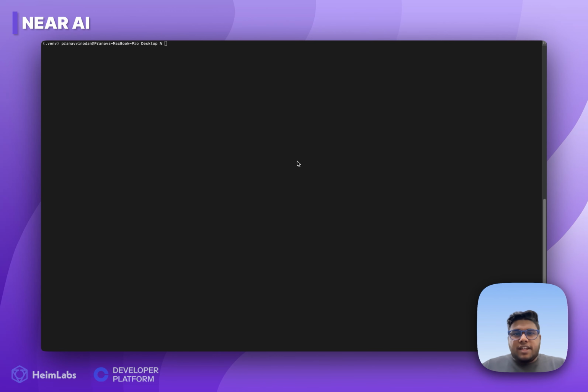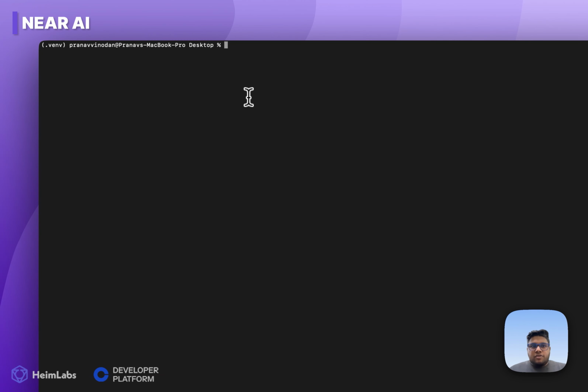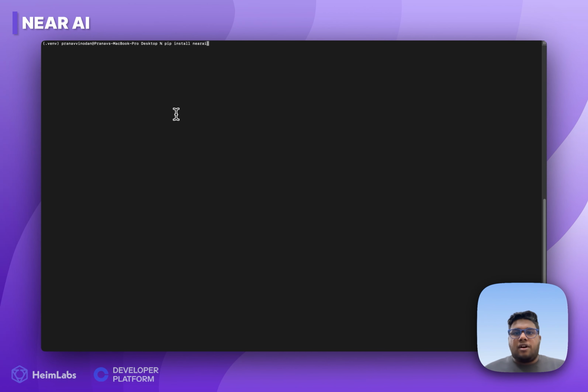The agent integration by NearAI is Python based, meaning it's pure Python. It gives you a complete Python environment with its own CLI tools and cloud hosting. So you can just navigate to their terminal and set up a Python environment as I did over here. I've already set up my Python environment over here on my Mac using Homebrew. So first of all, you need to make sure that you have installed the NearAI package using pip install nearai. This will configure all of the terminal tools and the packages. I have already installed the NearAI package and its terminal configurations.